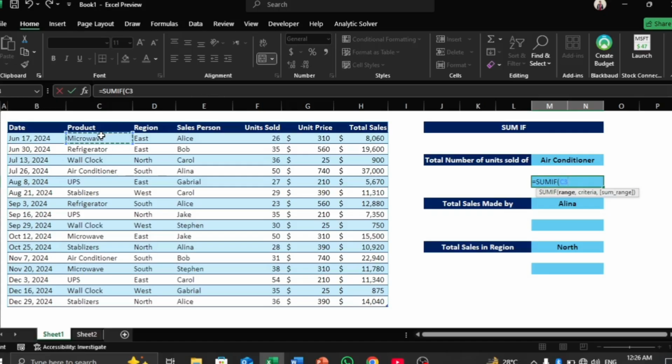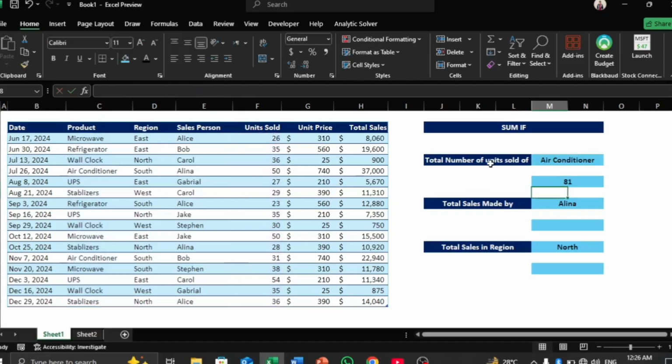So we select it by pressing Ctrl Shift down arrow, comma, and the criteria is that this item must be equal to this one. So this is our criteria, comma, sum range is the number of units we want in our output. So we select this whole range by pressing Ctrl Shift down, bracket close, and then enter. So we get the total number of units sold of air conditioner, which is equal to 81.